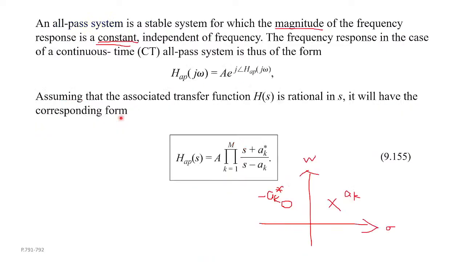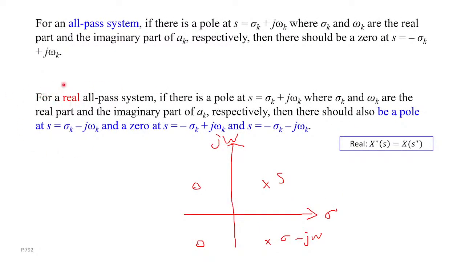And if we add a little more constraint, that we want a real allpass system, so we want the impulse response to be real, then for a real signal, its Laplace transform needs to satisfy this equation: X star of s equals X of s star. Okay, and now I'll draw a picture. Because it's an allpass system, we start with a pole here, then it must have a zero here. So this is because of allpass, so you have this pair.